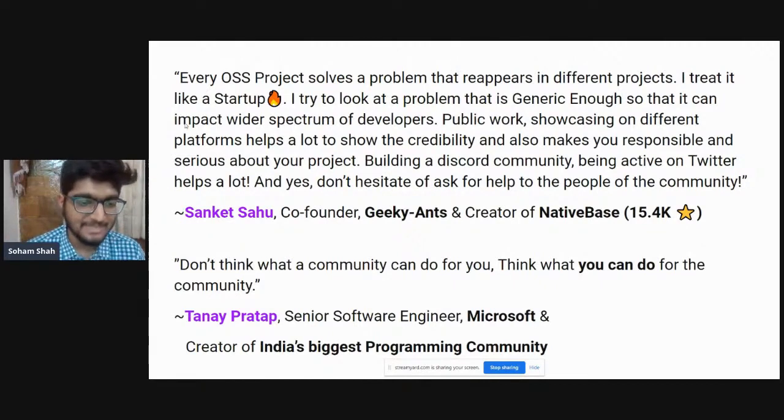And yeah, we have Tanay Pratap. He is a senior software engineer at Microsoft and the creator of India's biggest programming community. And just a small but very powerful quote, which I personally feel: don't think about what a community can do for you. Think about what you can do for the community. This is so powerful. If you are building a library and you expect that everyone should contribute, don't think about that. Don't think about what the community is doing for you. But think about how you can impact so many people with your own code. And this is what is really amazing. And if you give back